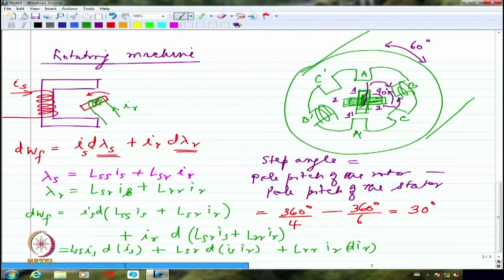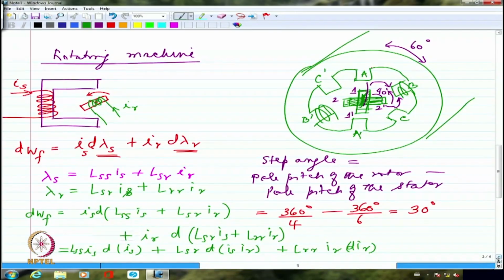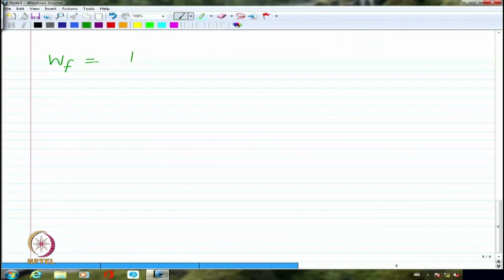So let us try to look at WF again. What we wrote was dWF. Now what I want is full WF. So WF actually should be this entire thing integrated. Right? So I have to integrate this, this, and this as well. So if I integrate this, I should say IR dIR. Here I should say integral of IS dIS. So I should be able to say clearly the first term will be half LSS IS square,